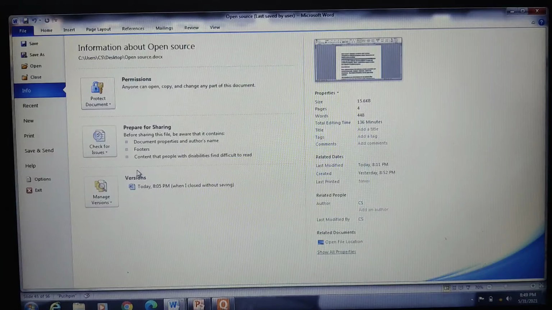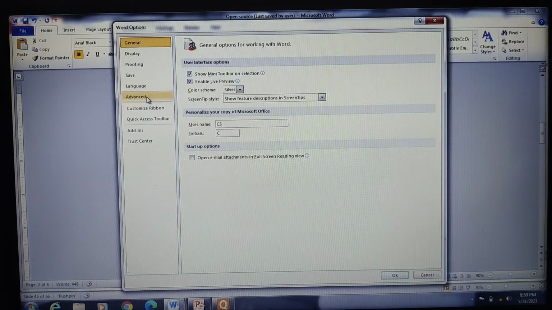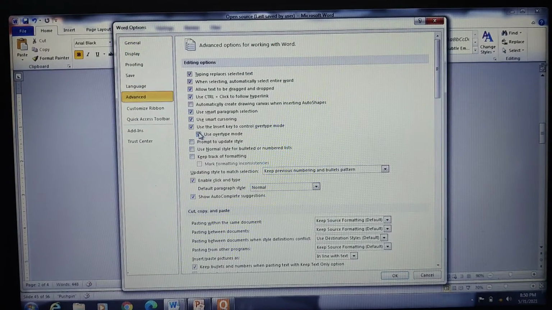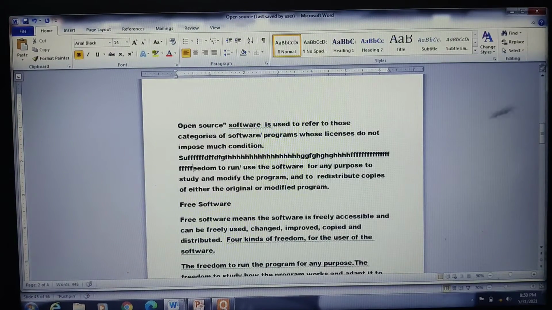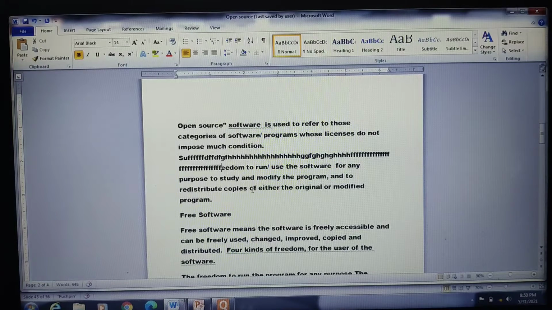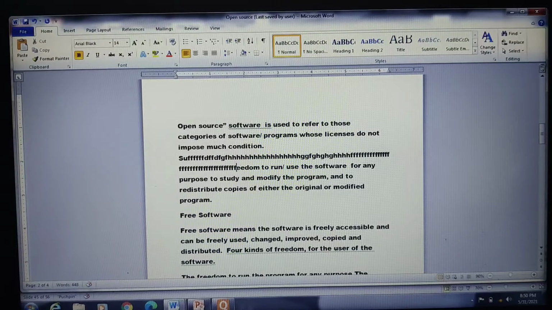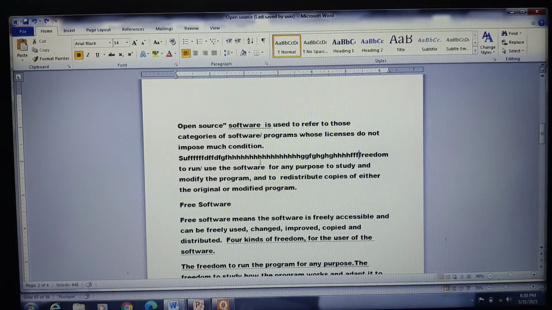Go back to the Options menu here, disable those in the Advanced section, and click OK. So here, you see, you're back again in the insert mode. Clear? So this is how you are able to use the insert and the overtype mode. Now I'll just restore the contents back again here in the insert mode.